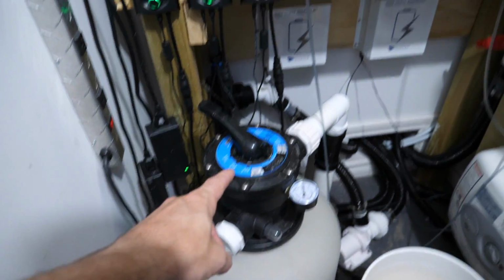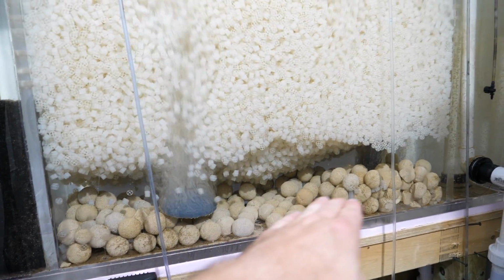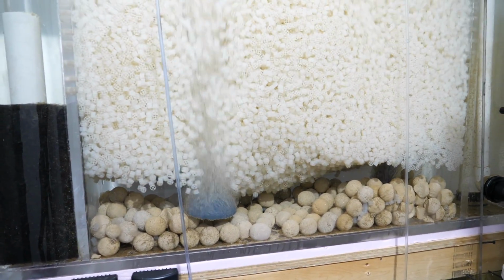Of course, we still have more filtration here. However, I just want to point out the fact that I always have additional media running within my aquariums. Of course, everybody's got a 100-gallon fluidized filtration system. Of course you don't, but what I'm talking about is perhaps instead of just relying on the filtration that you have, you take a pantyhose and you cut the leg off and you fill it with additional media and you hide it in your aquarium somewhere so that at some point when you need a hospital tank or a quarantine tank or whatever the case might be, or you just want to set up a new tank rather quickly,